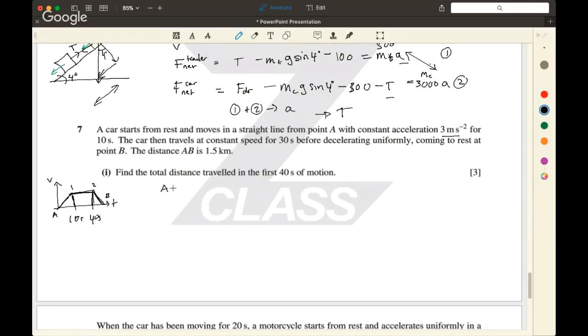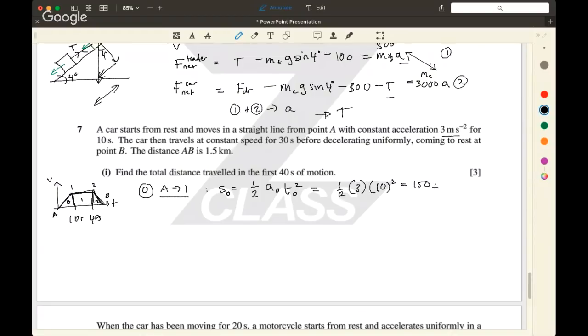So when you're going from A to 1, the distance traveled is going to be 1/2. Okay, so I'm going to call this region 0. That's going to be region 1. That's going to be region 2. And so the distance traveled, 0, is 1/2 times the acceleration during region 0 times the time spent in region 0 squared. And we know what that's going to be. That's going to be 1/2 times 3 times 10 squared, which is